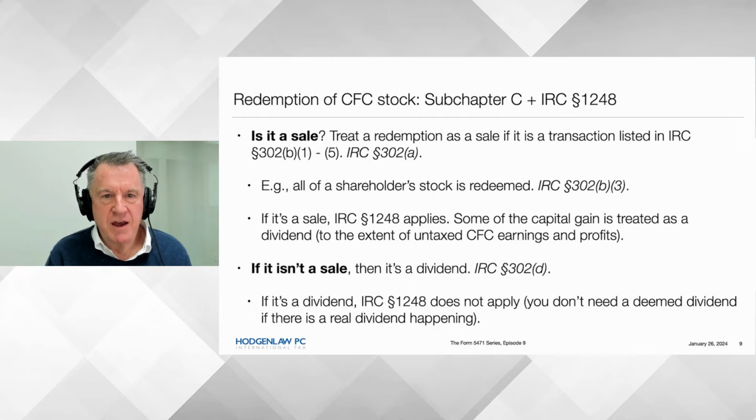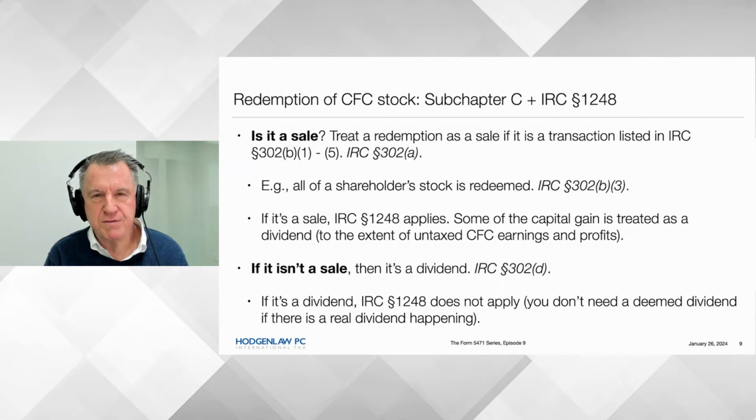Redemptions say you do the normal redemption, which is a subchapter C transaction. And again, we're going to add on Section 1248. If you've got a taxable sale, you're going to recharacterize some of the capital gain as dividend rather than capital gain. So redemptions, just to remind you how it works, Section 302, B1 through 5.